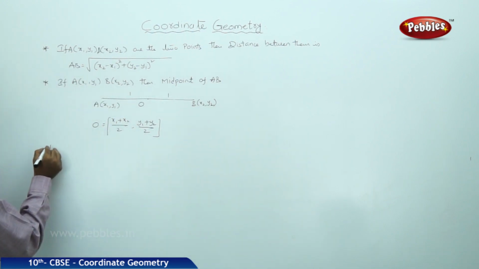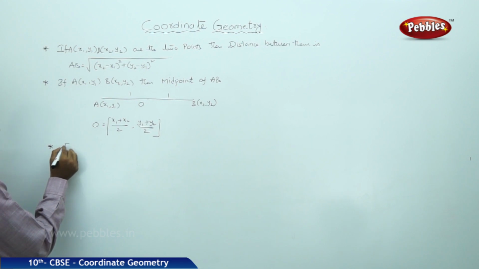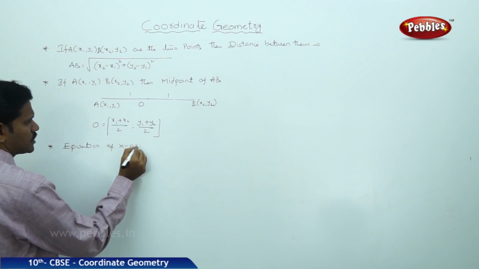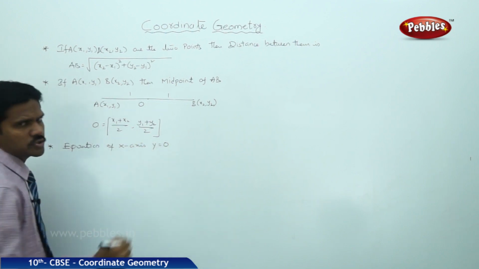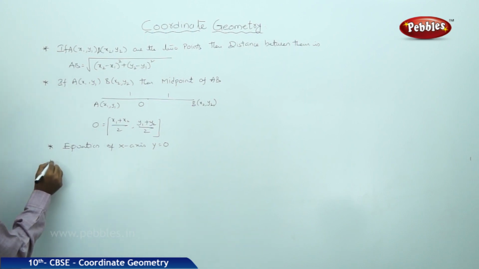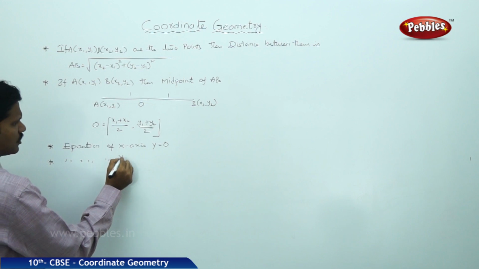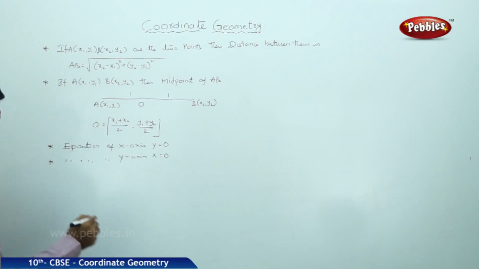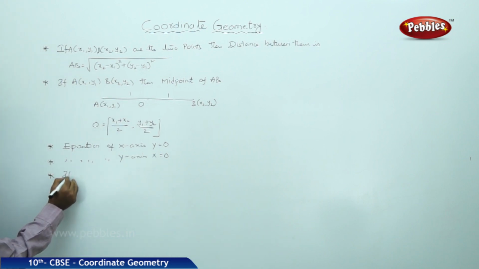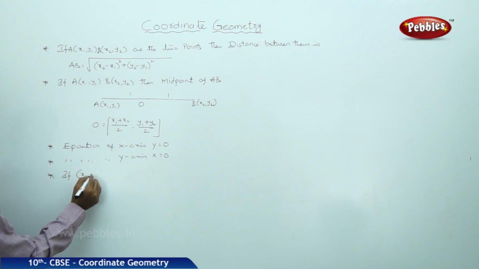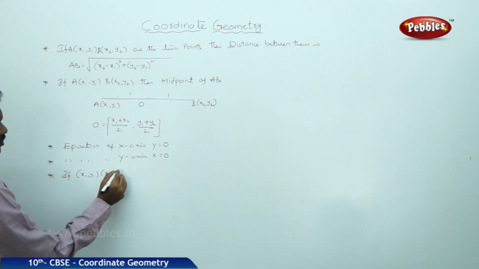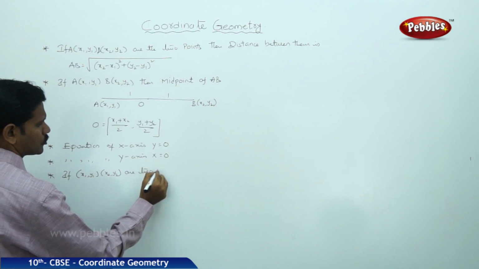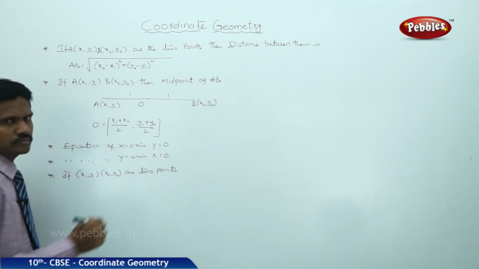Next, the equation of the x-axis: y = 0. The equation of the y-axis: x = 0. Next, if (x1, y1) and (x2, y2) are 2 points, then